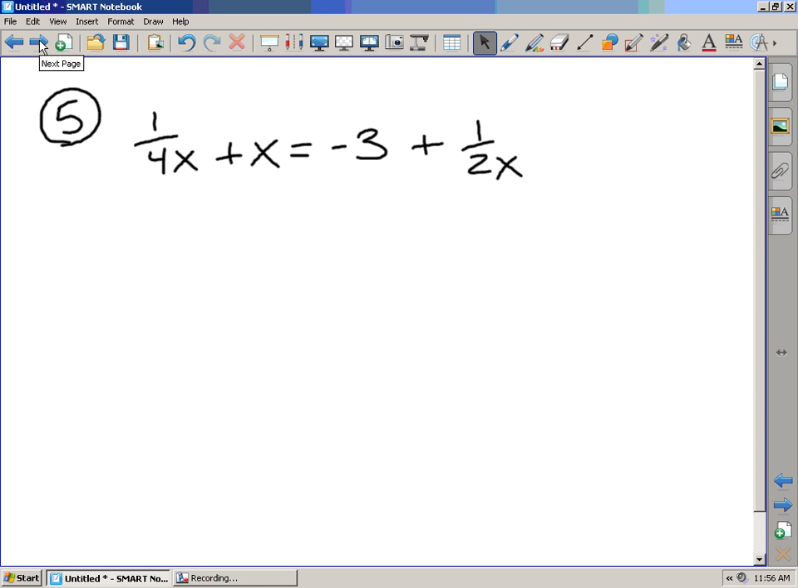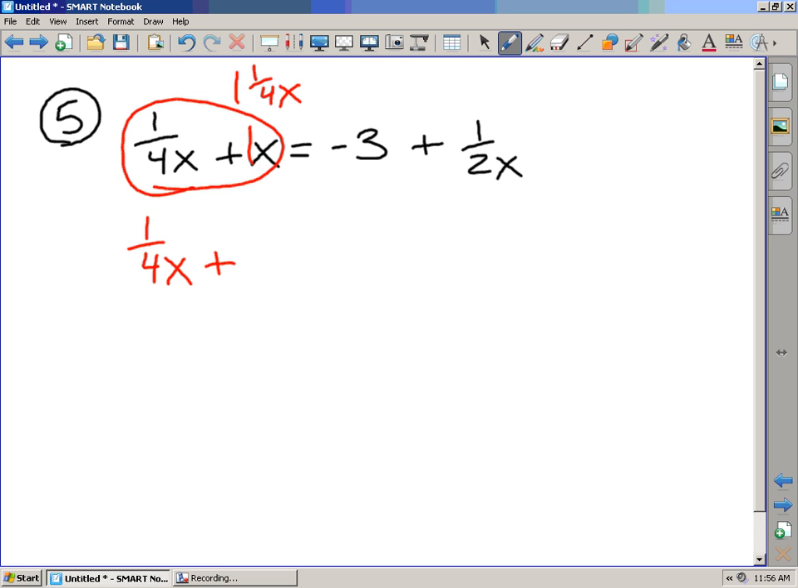Number 5. We look at it and we see if there are any like terms to collect on the left or right side. And there are like terms to collect on the left side. We have 1/4 plus 1x. Now some of you will already know that that is equal to 1 and 1/4 x. But if you'd rather look at this